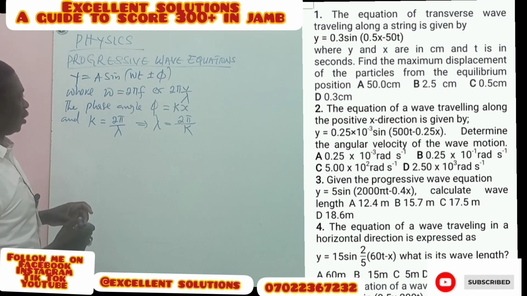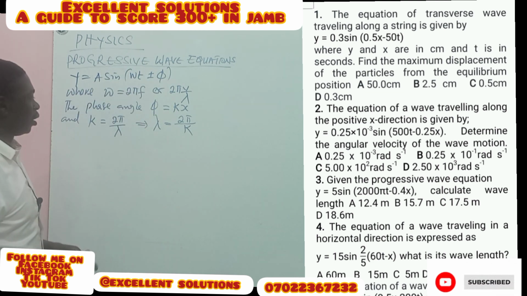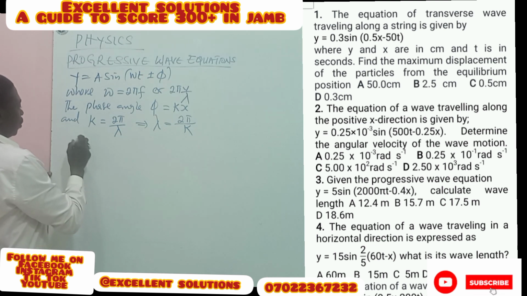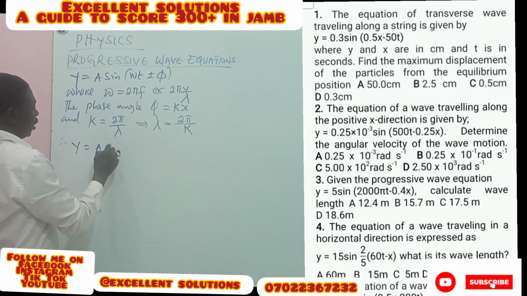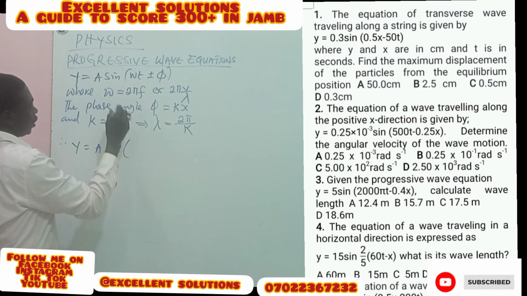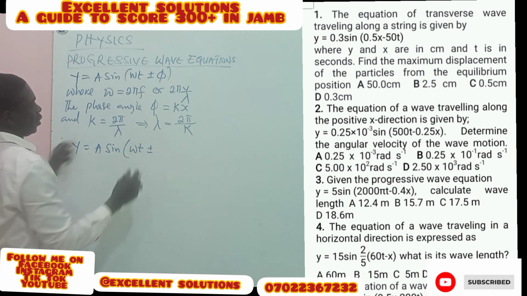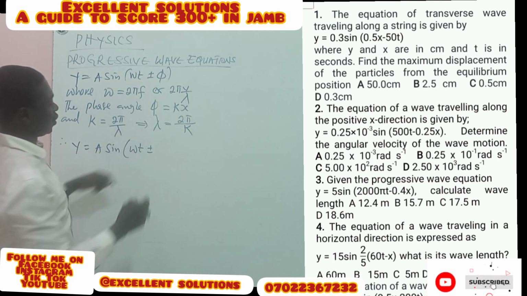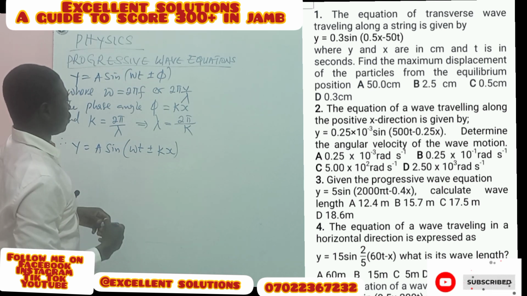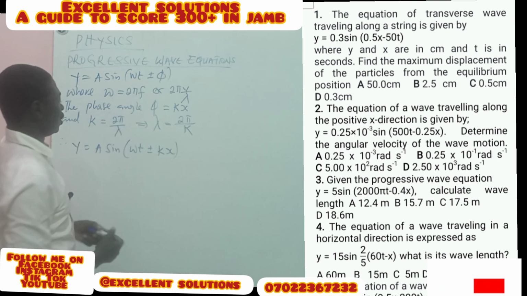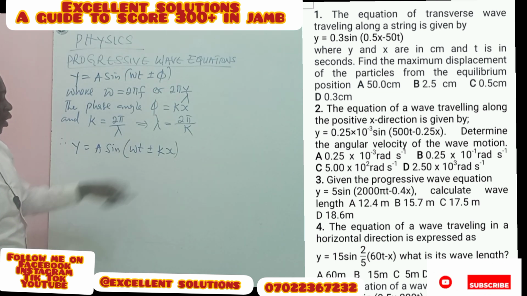So with these equations, we are going to use them to develop our wave equations. Therefore, we now have y is equal to a sine omega t, then plus or minus this phi, we say is equal to kx. So this we now have kx. And with this kx, we can now substitute the value of k as 2 pi upon lambda,